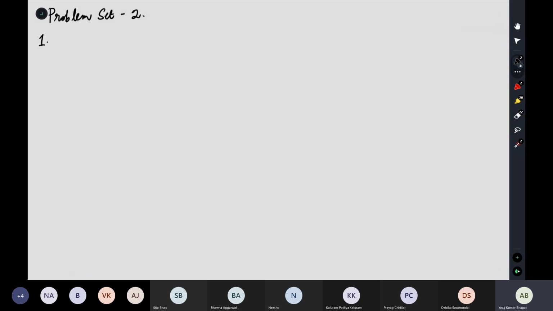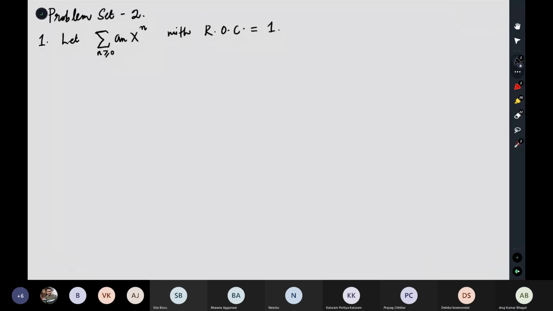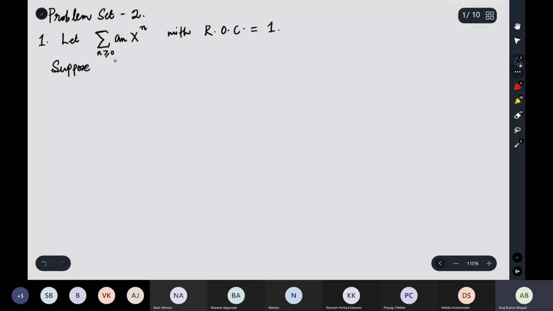Okay, so number 1, the statement was this. Let me very quickly write down the statement. Let summation a_n x to the power n, n greater or equal to 0, be a power series with radius of convergence equal to 1. Suppose this series